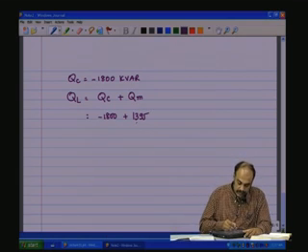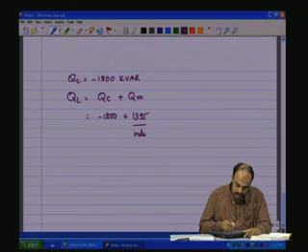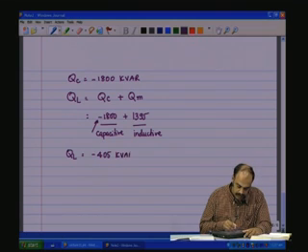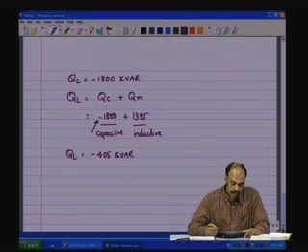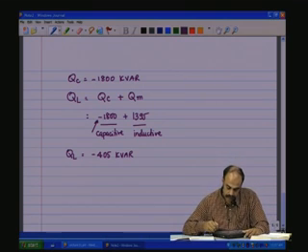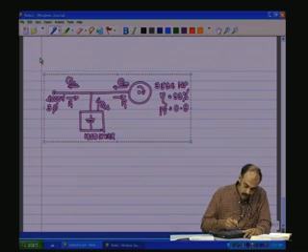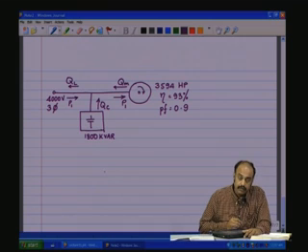So, in the power diagram we have this as inductive, and therefore positive, and this is capacitive, and therefore the negative sign. So, QL in total will be minus 405 kVAR. So, you see here that, interestingly, in this whole scheme of things,